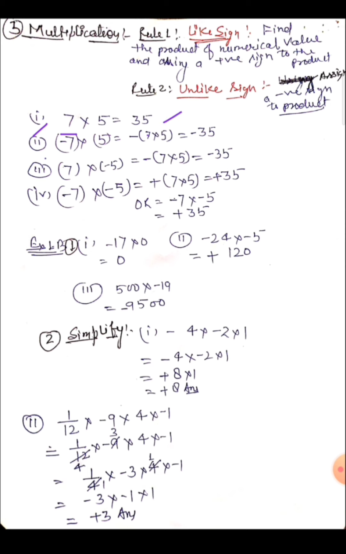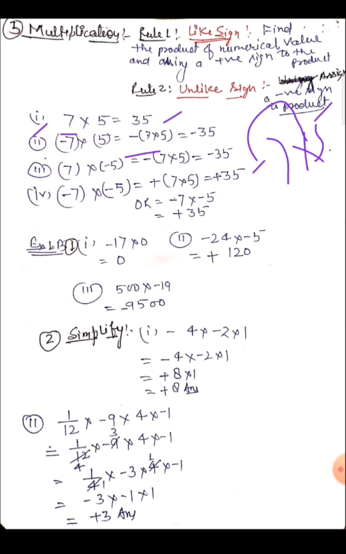In the second case, the first number is given with a minus, so minus 7 multiplied by 5. We can write the minus outside the bracket, and in the bracket we write the numbers 7 multiplied by 5. Then 7 fives are 35. Or you can also solve minus 7 multiplied by 5 by first multiplying the signs. Here there is no sign, which means that number has the plus sign.